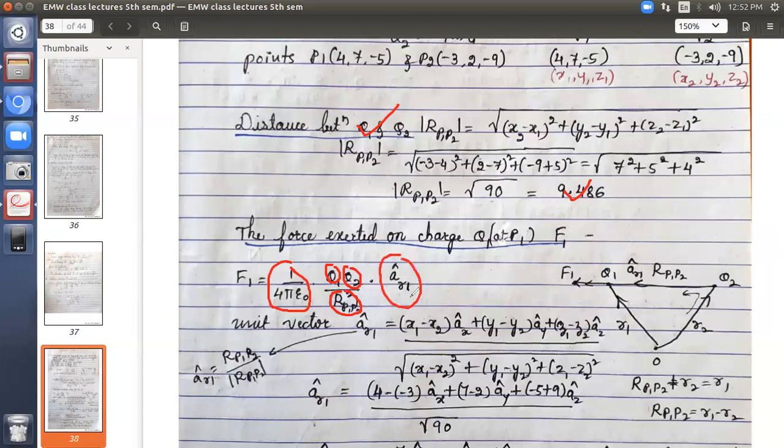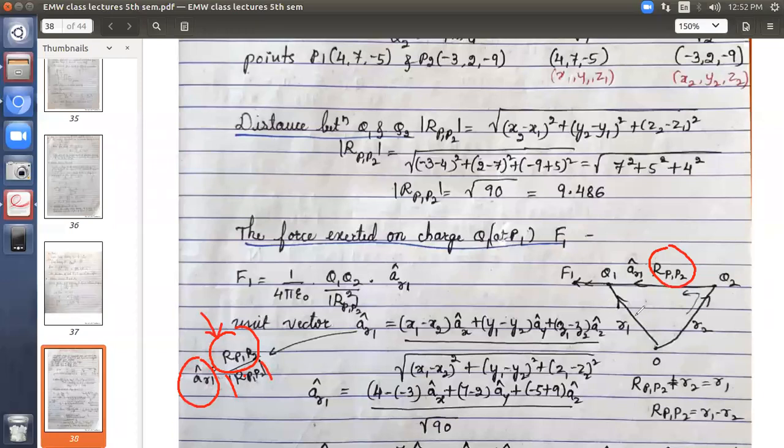Now for any unit vector, what is the formula to find the unit vector? We have seen this, the basics. So the unit vector is given by the position vector divided by its magnitude. So this is the formula which we use. I think Faika had asked me this question, how to find the unit vector. So this is the formula for any vector, unit vector. It is given by its position vector divided by the magnitude of the position vector. Now, how to find the position vector? For that, you apply the triangle vector algebra addition rule.